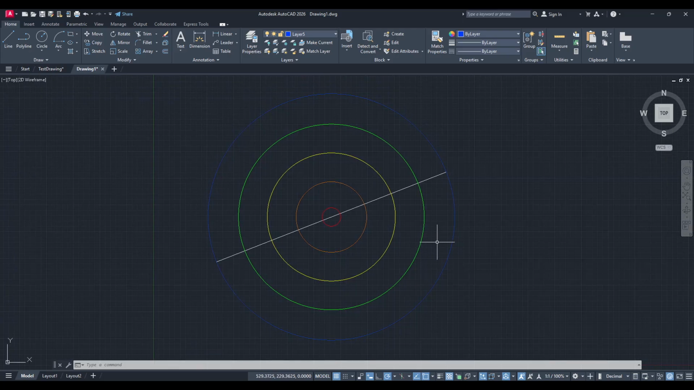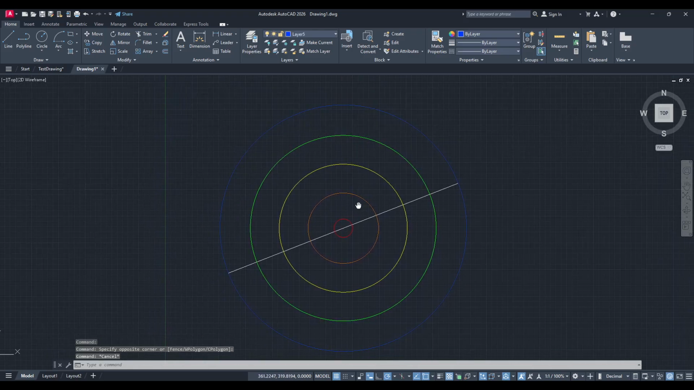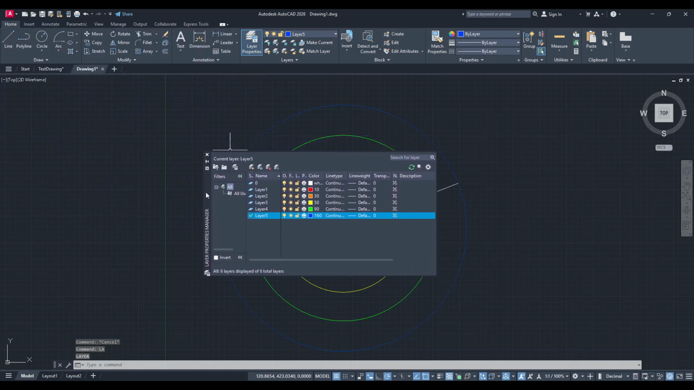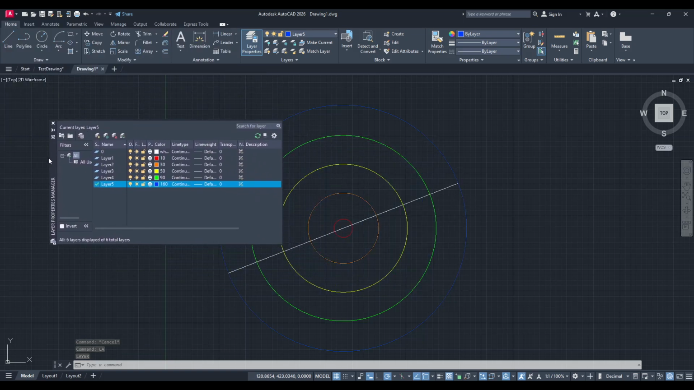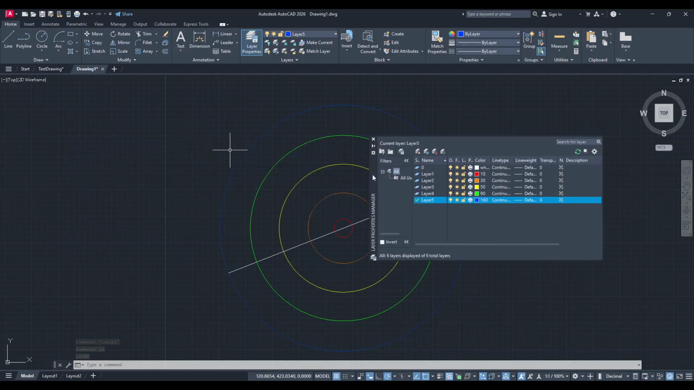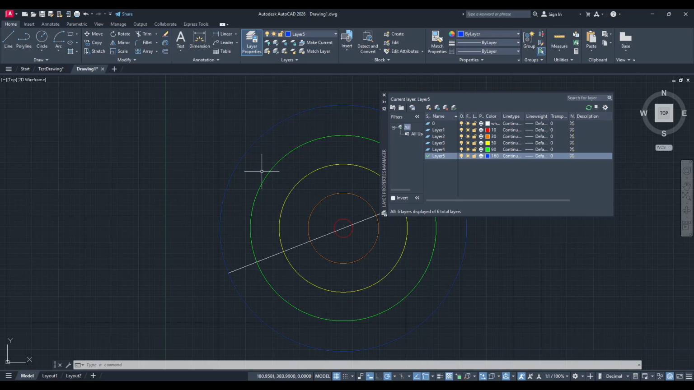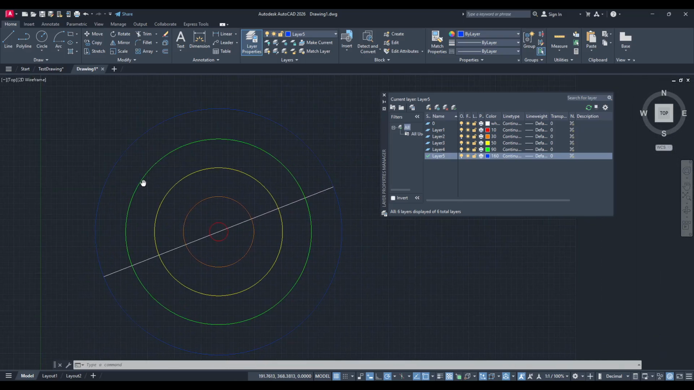Let's dive right in. First, we need to access the Layer Properties Manager. To do this quickly, you can type Layer or simply LA into the command line and press Enter. This is a powerful tool that helps you manage and organize the layers within your drawing. It opens up a separate window that displays all of your current layers, each with its respective properties. If you have a lot of layers, this can be a bit overwhelming, but don't worry, we'll get through it